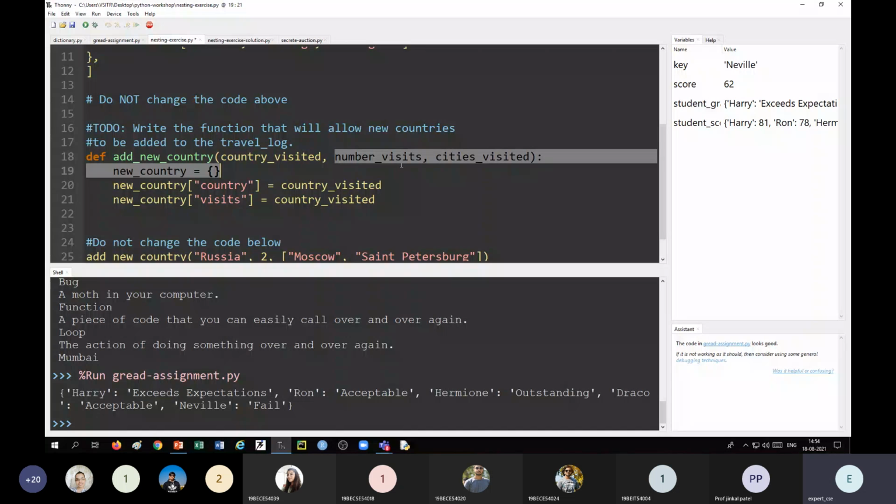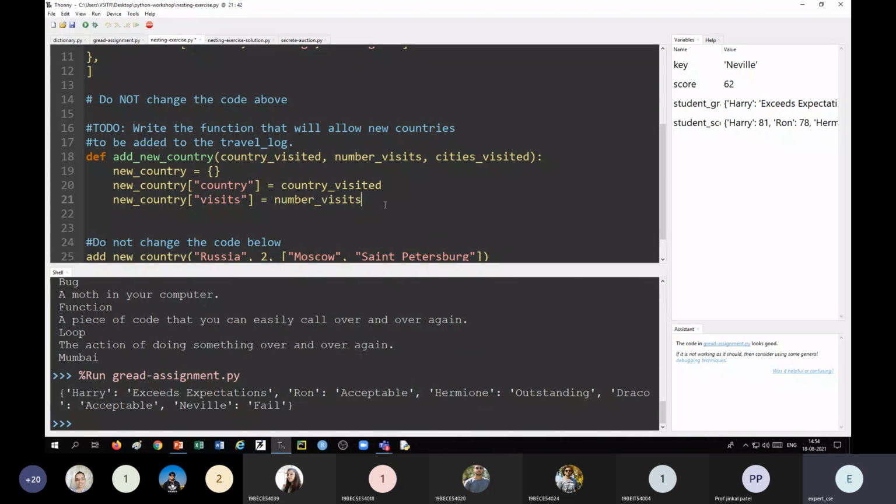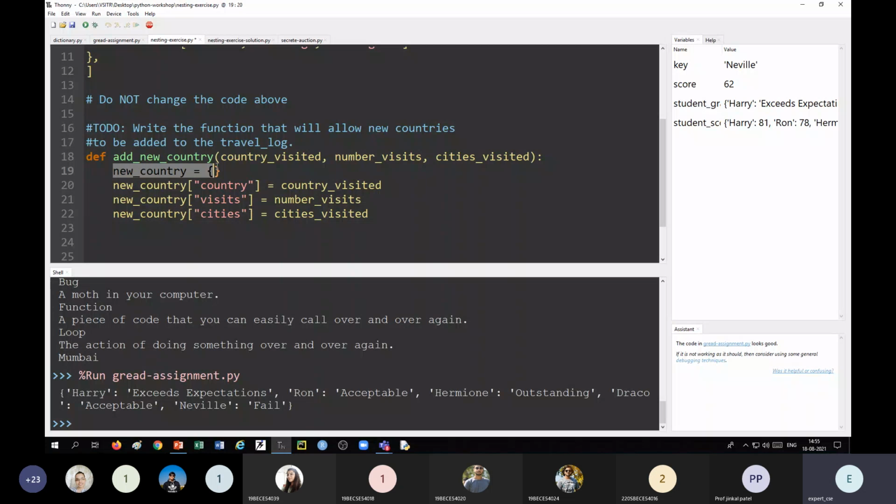And the next variable is number of visits. The third one is, instead of visits, it is cities, is equal to cities visited. So using these three statements, I have created one dictionary with the three values.